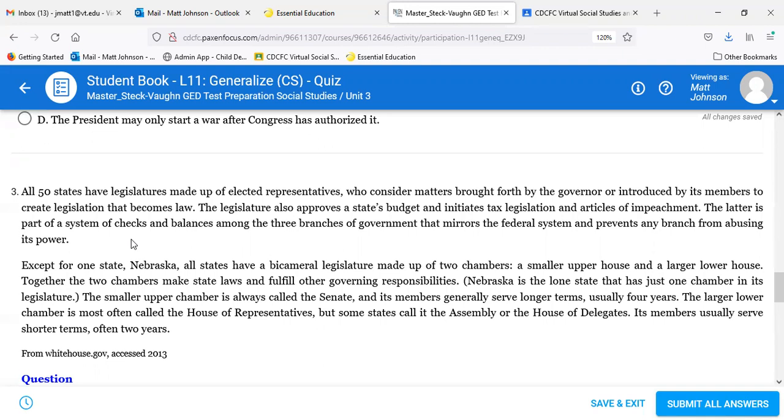Now, Nebraska is the lone state that has just one chamber in its legislature. The smaller upper chamber is always called the Senate, and its members generally serve longer terms, usually 4 years. The larger lower chamber is most often called the House of Representatives, but some states call it